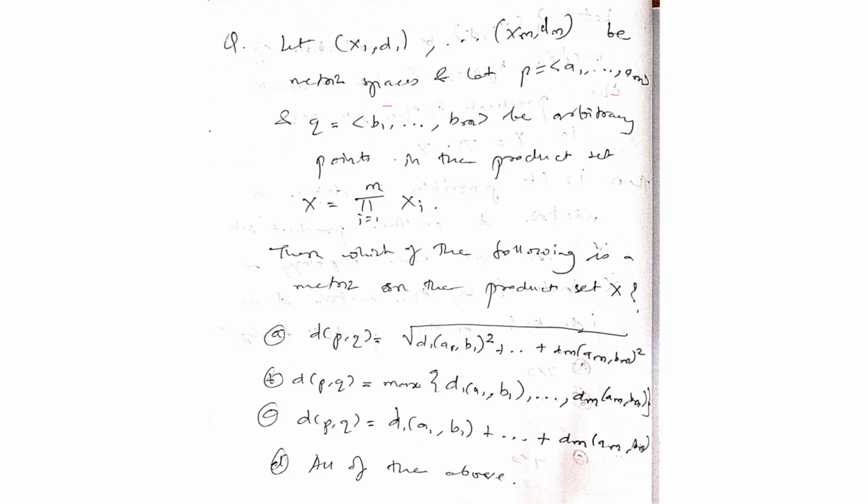So you have been given these distance functions: d of p comma q defined as under root d1 of a1 b1 whole square plus dot dot dot dm of am bm whole square. Then b, given by maximum of this, and d of p comma q is summation of this, or all of the above. So Ajay is saying D, all of the above. Reason being,